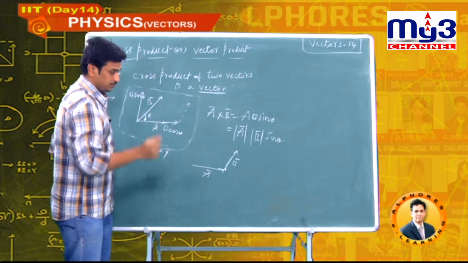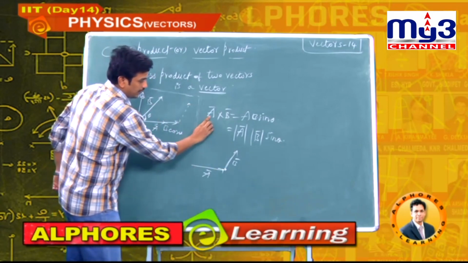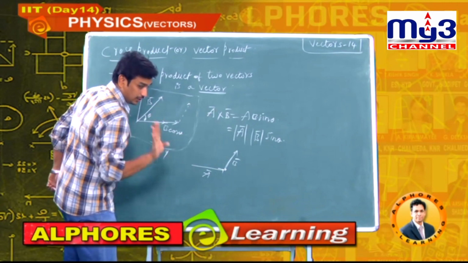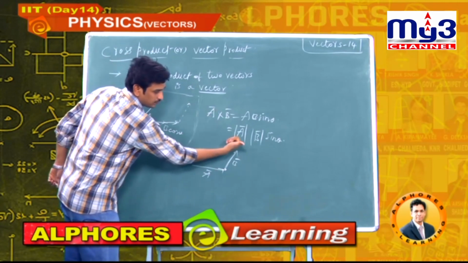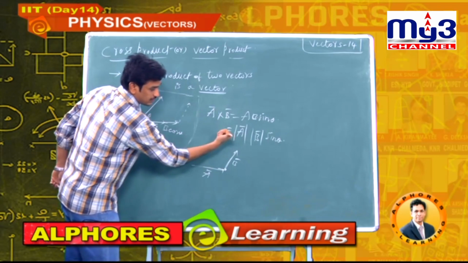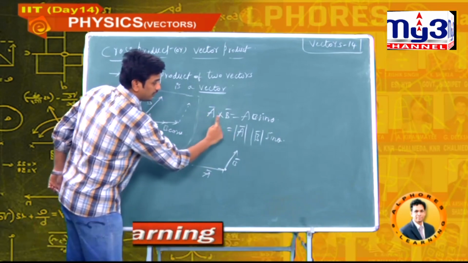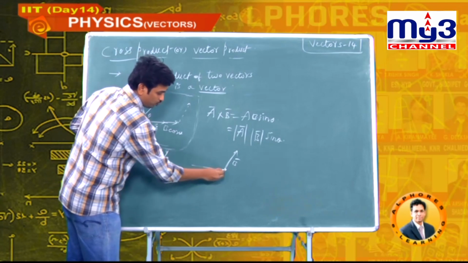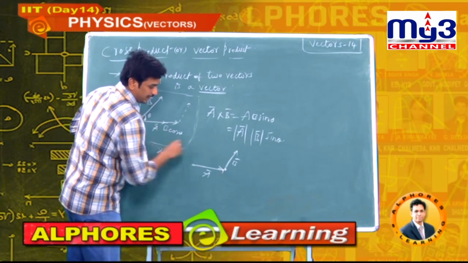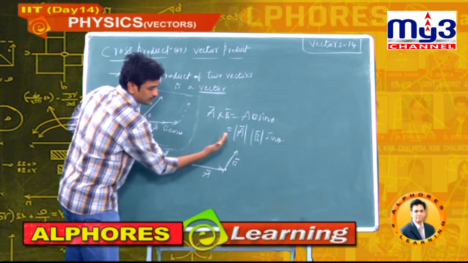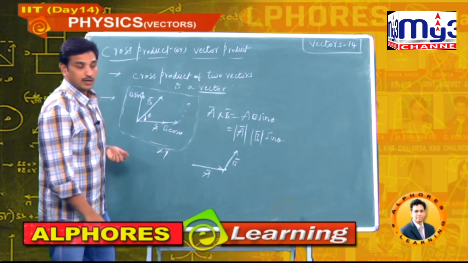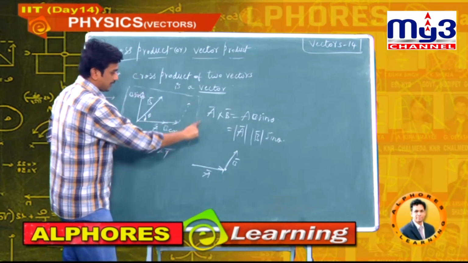Now right hand. So A cross B: start with A, end with B. See here, curl these 4 fingers. Curl your 4 fingers. Now the thumb indicates the direction of A cross B. A, B joined in this way, head connected to the tail. Now curl your fingers, these 4 fingers. The thumb indicates the cross product. This is the XY plane.